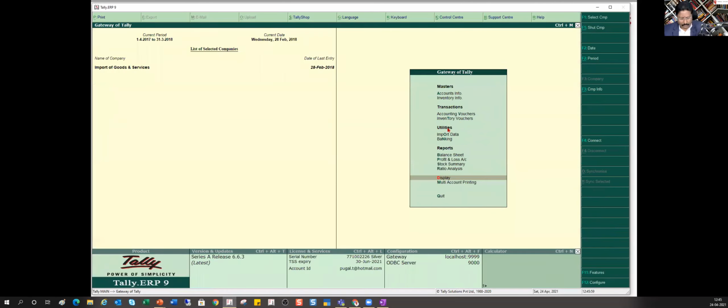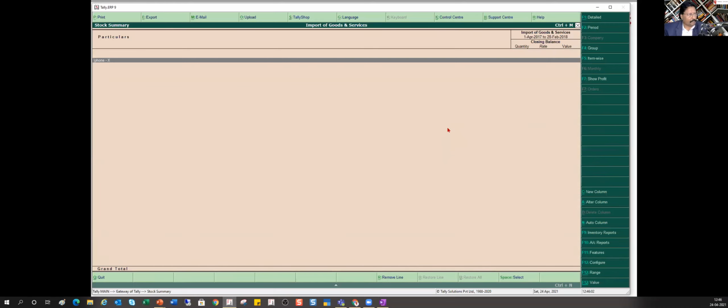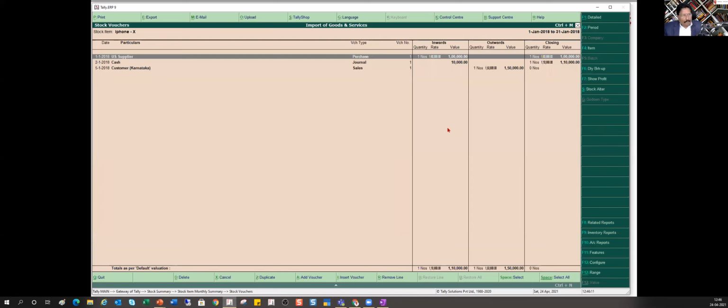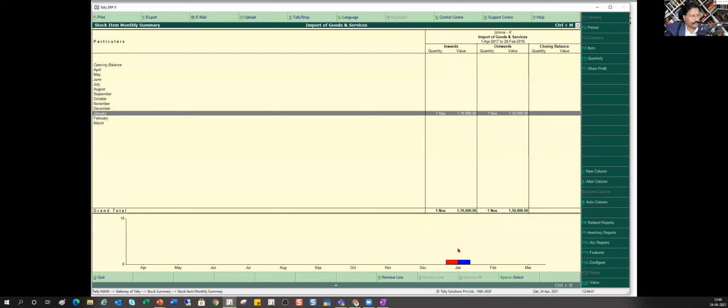So now I'll come to my stock summary. I'm just going to show you this. See here, my purchase cost was 1 lakh rupees. One phone I purchased, 1 lakh rupees. Then I have added an additional 10,000 rupees, which is my customs duty, to the cost of my inventory. So if you see, the cost of my inventory is 1,10,000. Okay, so this is where you can consider the additional cost of your purchase also. If you want to put it as part of your inventory, Tally supports this. So that is what I just want to show here. Okay, so I have done this.